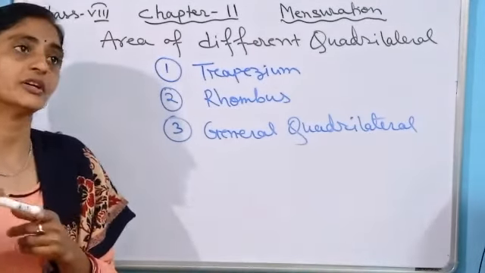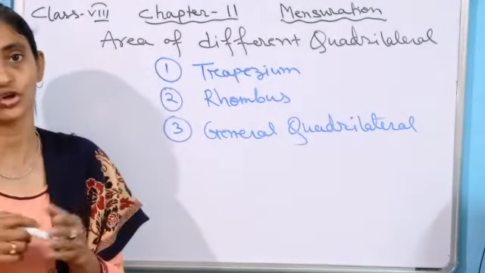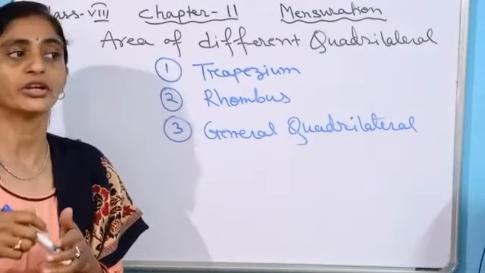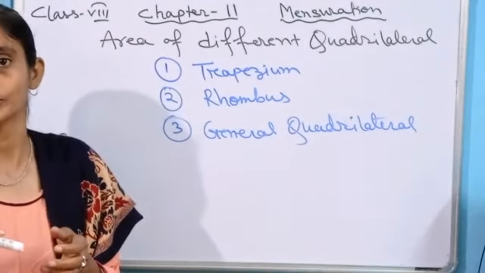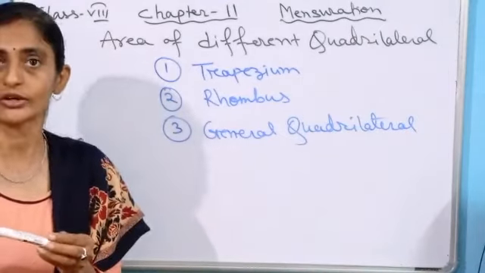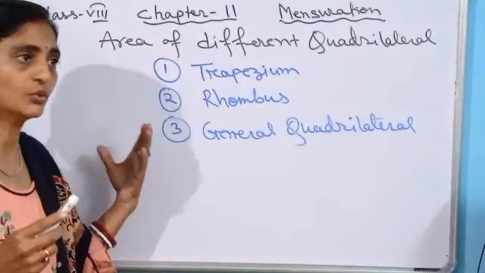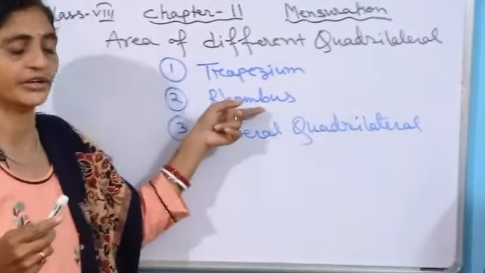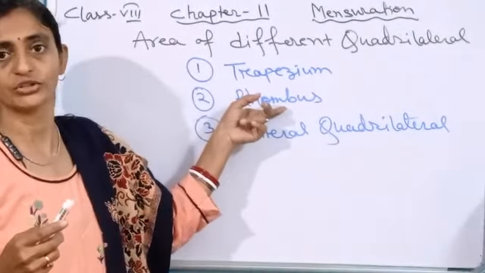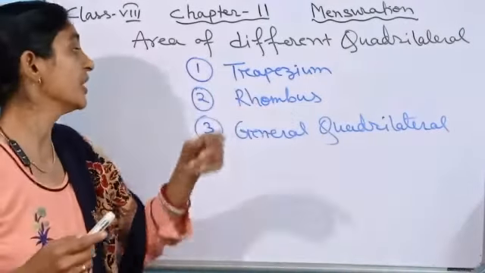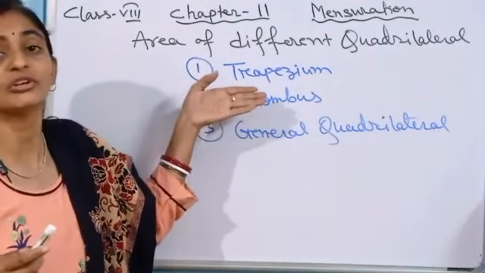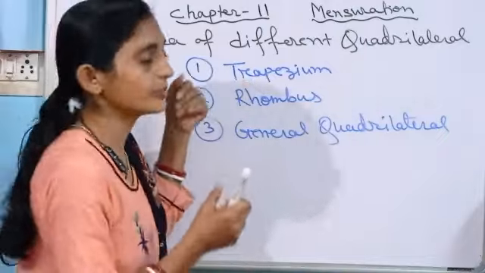Then another one is the rectangle. Already you have gone through this one. You know how to find the area of a parallelogram. It is also a special kind of quadrilateral. Now in this part we will discuss the different quadrilaterals. Already you have a little bit of idea about the rhombus, how to find the area of a rhombus. You know this one. And the special thing we will discuss here is the area of a trapezium.